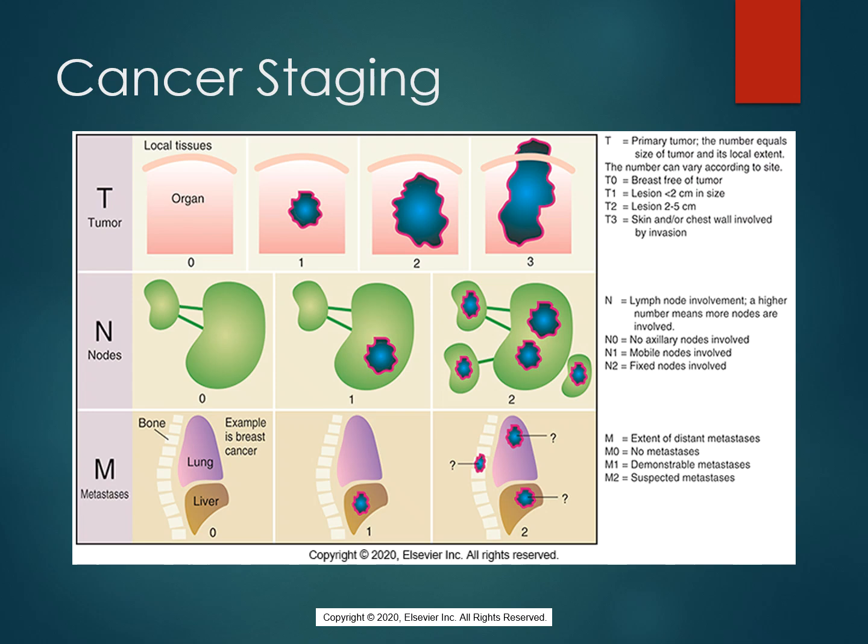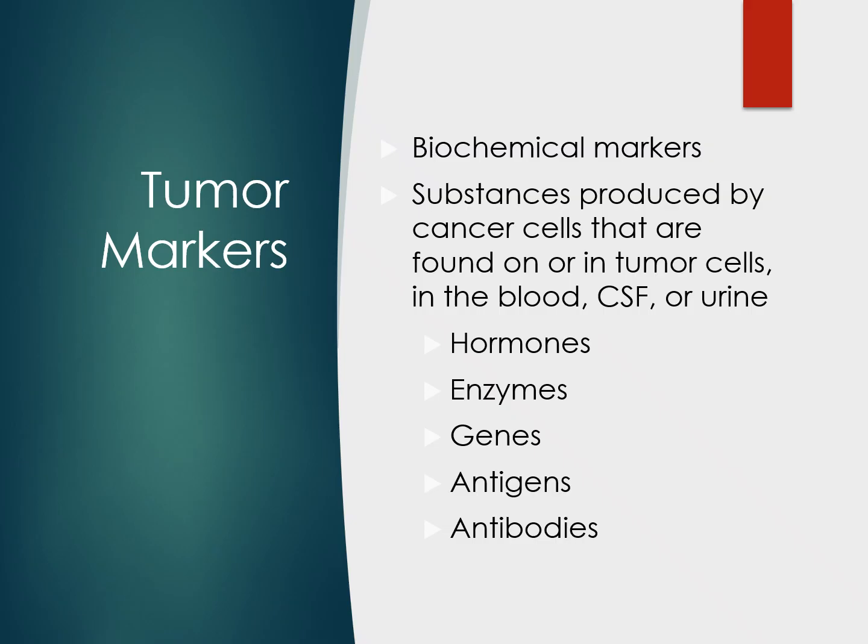So, tumor markers. How do we find out if people have these? Well, there's different types of things that we call markers that we might be able to find out. So these are things in the body that the cancer cells actually produce. They might be within the cells. They might be circulating in the blood or in the lymph. Normally we don't, except for doing biopsies on lymph nodes, we don't really access the lymph system, to my knowledge, but we would take a blood sample.